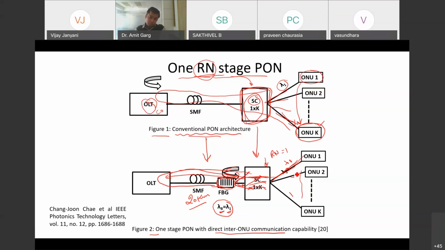So this is one step ahead in direct inter-ONU communication capability. But this is a very raw scheme, because many modifications and enhancements are needed in this arrangement. This is just a basic principle. Later on, we'll see what modifications can be done.